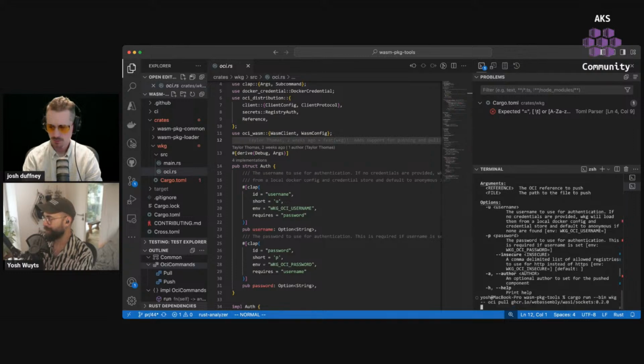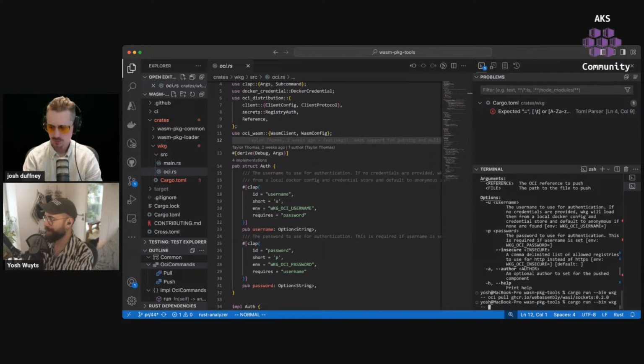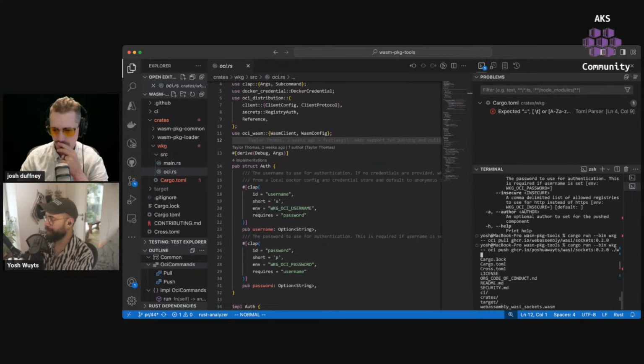So let's get an authentication error here. Package dash dash OCI push, and then ghcr.io / my username 0.2.0, and then we're gonna WebAssembly WASI sockets.wasm. So that's to OCI under my thing,